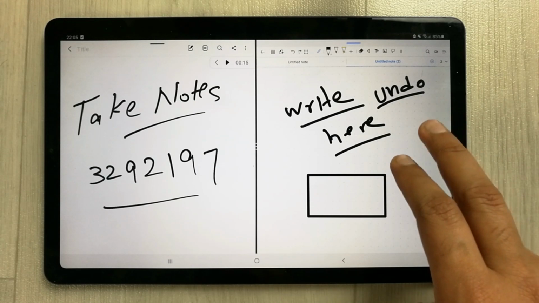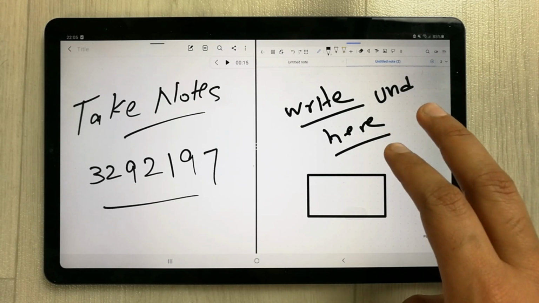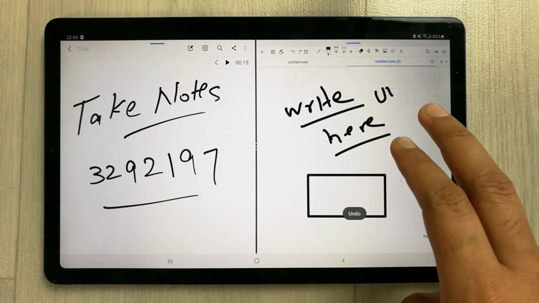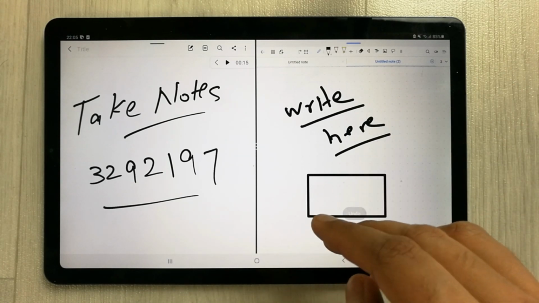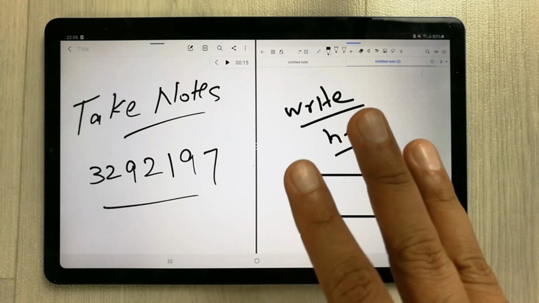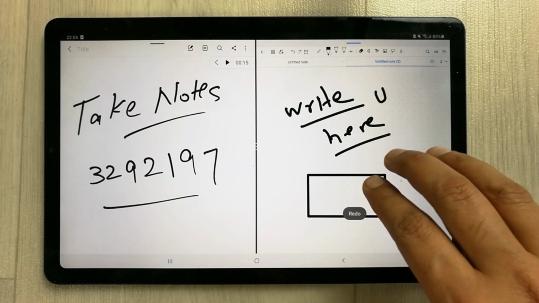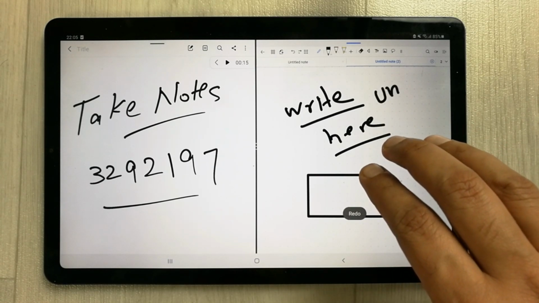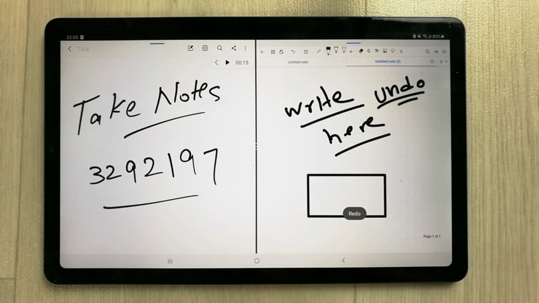So you can see over here, now it will remove the line, double press again, it removes the O, D, N, and this is how you can do the undo. And if you want to do a redo, just use your 3 fingers and double tap on the screen. You can see over here, now it starts to do the redo. So this is a really cool feature that Samsung Notes doesn't have.